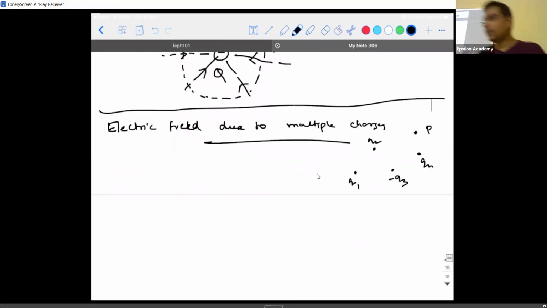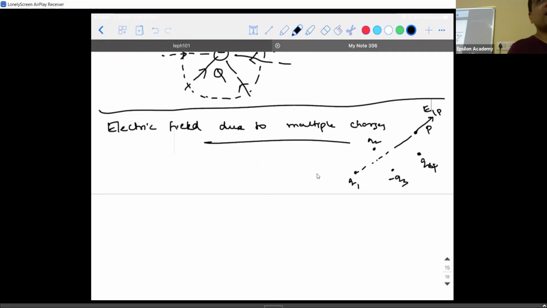So if this is the case, how many charges do I have in this particular system that I have drawn? Let me call it 4 charges. So I have 4 point charges. Each point charge will have an influence of electric field at point P. If I have to find the electric field at point P due to Q1, Q1 is what kind of charge, positive or negative? Positive, because I have given a specific negative charge. It will act along the line joining the charge and the point where you are trying to calculate the field. So the electric field is going to be away or towards? Away. So what do I name this? This is the electric field due to the first charge at point P.